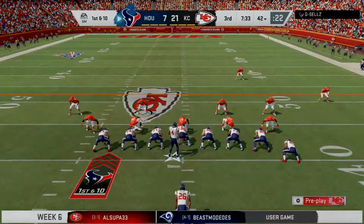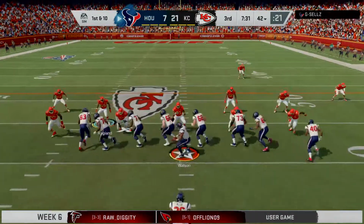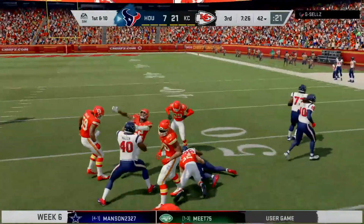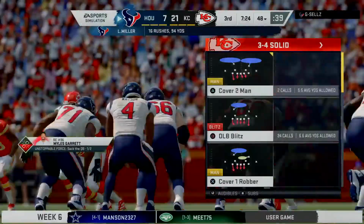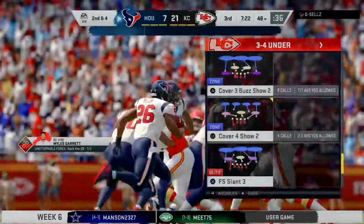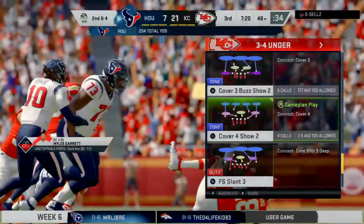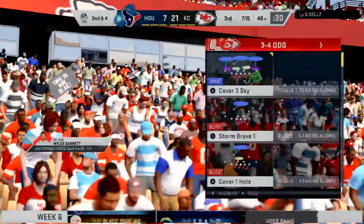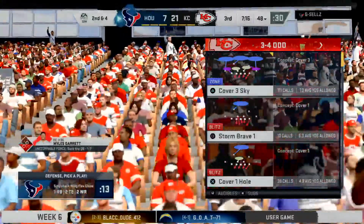And we often talk about teams scripting plays to start a game. A lot of them script to start the second half, too. And they're scripting something that they expect to get them into the end zone and back into this game. We'll see if that script is a good one for them. It's a 6-yard gain on the ground, and that'll make it 2nd and 4. 6-yard pickup brings up 2nd and 4 at their 48-yard